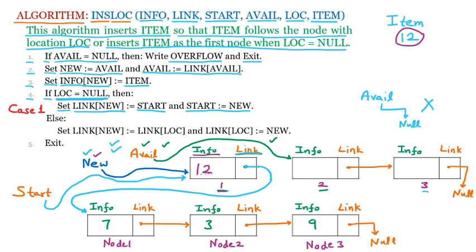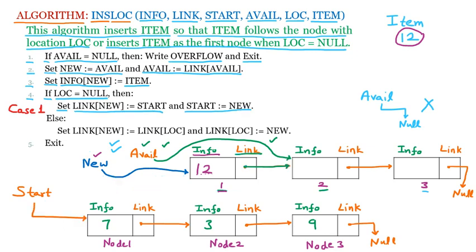Now we are discussing the case 2 if the location is given to us. So for that I am going back to the previous position. So now we are going to work on the case 2. Let us suppose that the location is not null, means location is given to us. So in the case 2, the location is given to us. We are assuming that there is some location on which we have to work.